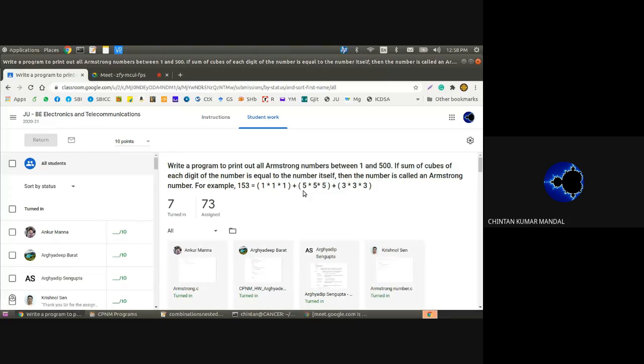Okay, can anybody give me basically the logic of how you would approach this 153 problem, the Armstrong number problem? So if we use the mod operator, then we can separate the individual digits from the number, using a while loop. Yeah,